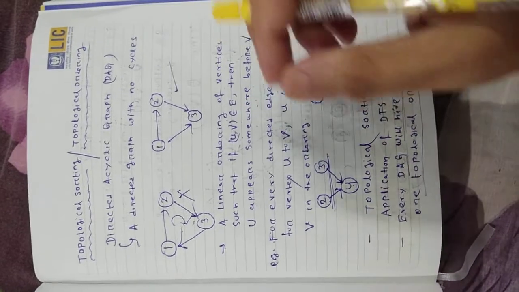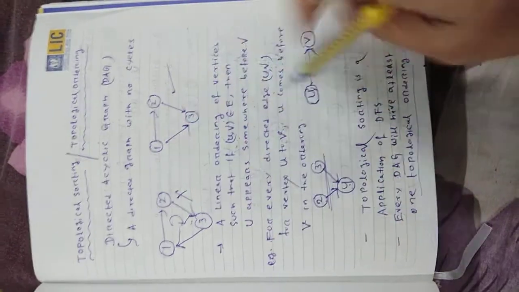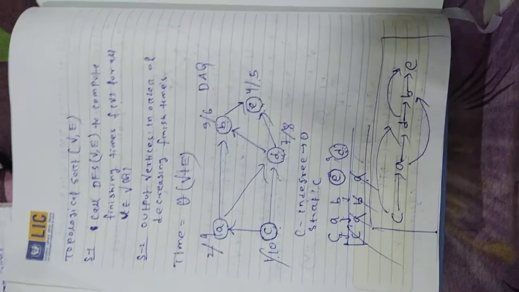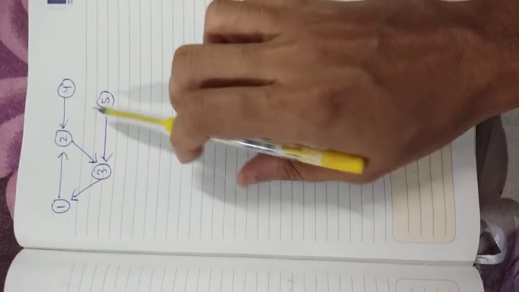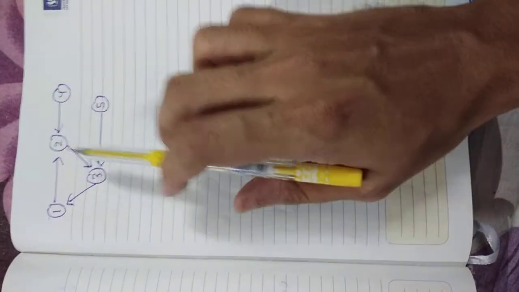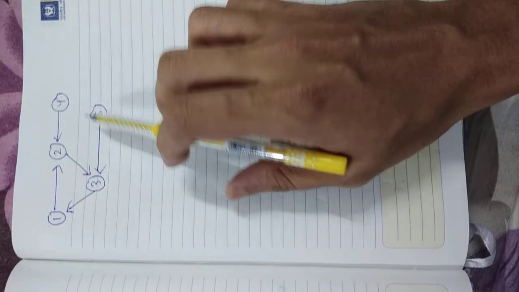Okay, so in the previous section we have already discussed topological sorting, ordering, and also solved a problem. Next, let's see another example. So let's follow the graph. This is a graph having a set of vertices and edges. What is the topological sorting or topological ordering of the graph?